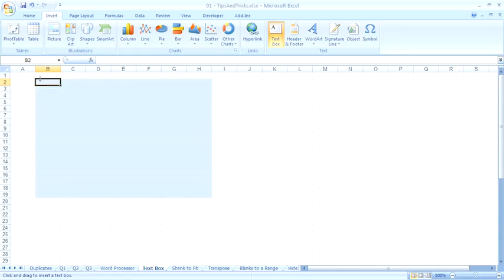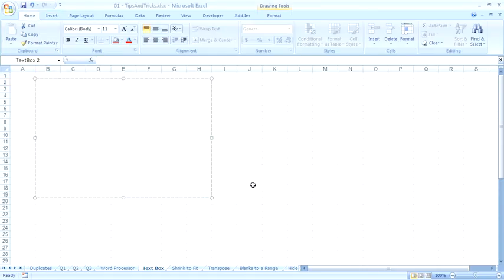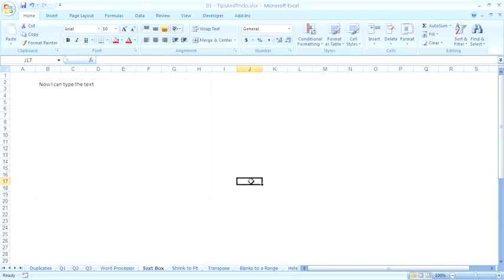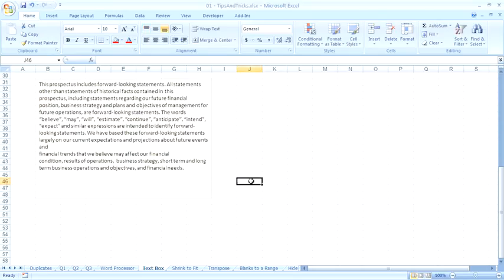A great trick is if you hold down the Alt key, Excel will snap to the grid. Hold down Alt, drag, and let go, and there's my text box. Now I can type the text, and it will automatically flow to match the text box. I've typed some text for you. If you click outside of the text box and hit Page Down, you'll see the text box with our text